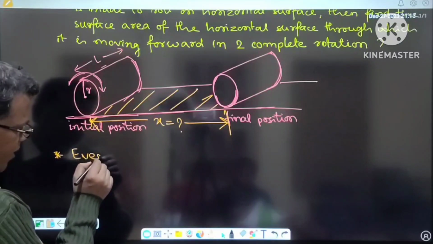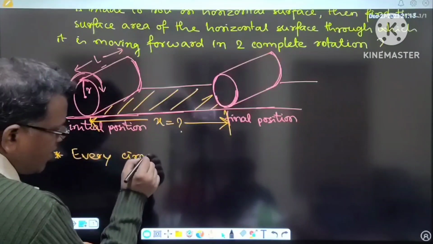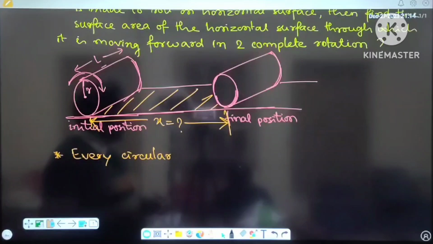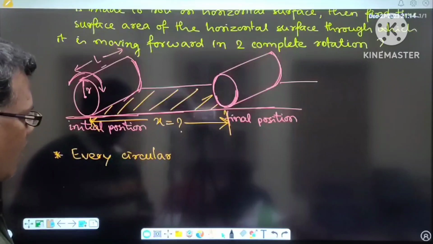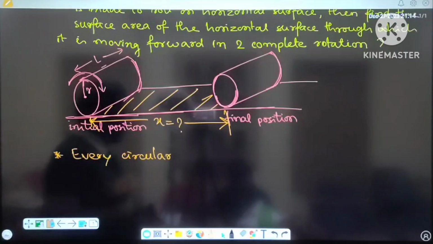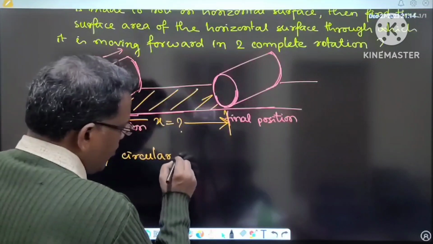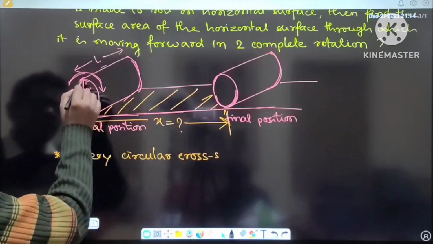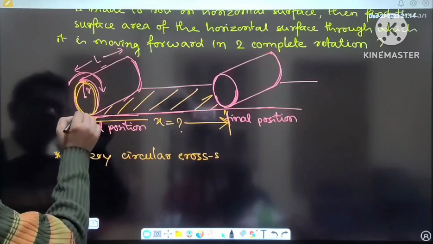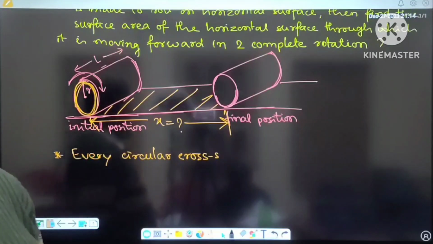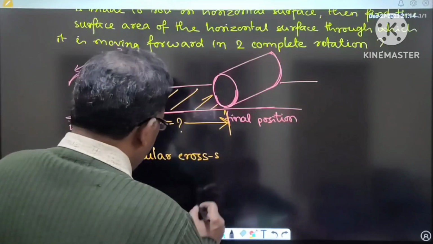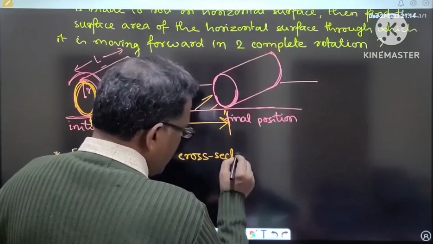Write down: every circular cross section. I'm generalizing it, not only for a cylinder. The same argument can be made, the same question can be raised, with the geometry of a ring, a disc, a sphere. So every circular cross section, are you understanding the meaning of it? This is the circular cross section. A ring also possesses a circular cross section, and a disc also possesses a circular cross section. So every circular cross section